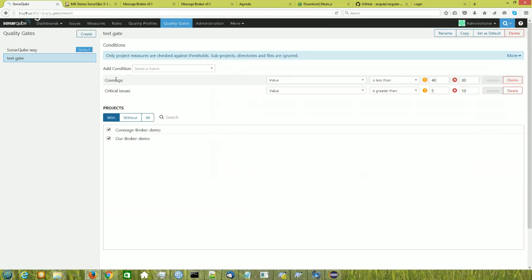So what we're saying here is that, as far as our development process, we ideally want to see a minimum coverage value of 40%, and if the coverage actually falls below 30%, we want to mark it as a critical issue. And so what we'll see here is after we've run this, because in this case the project's got 14%, what we can see when we go back to our dashboard,